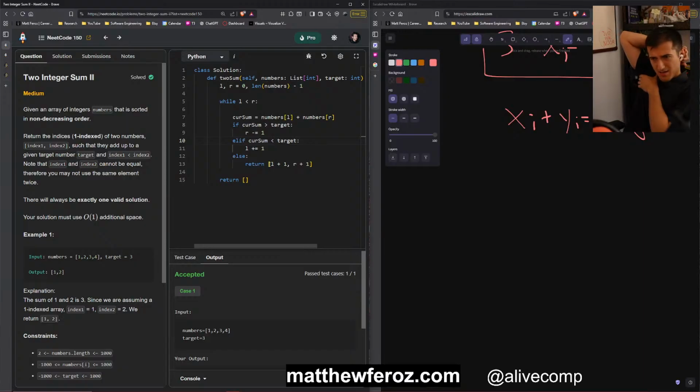I see. The cur sum is greater than the target right now. That means that you have to reduce the right number by 1. Yeah, you're right. I apologize. Okay. Yeah, because it wouldn't make sense if it was L and R. Actually, I was thinking that if R is greater than the target, then you would reduce it. But cur sum adds the numbers of both of them, and since this is a sorted array, it makes more sense that it would just be the cur sum values.